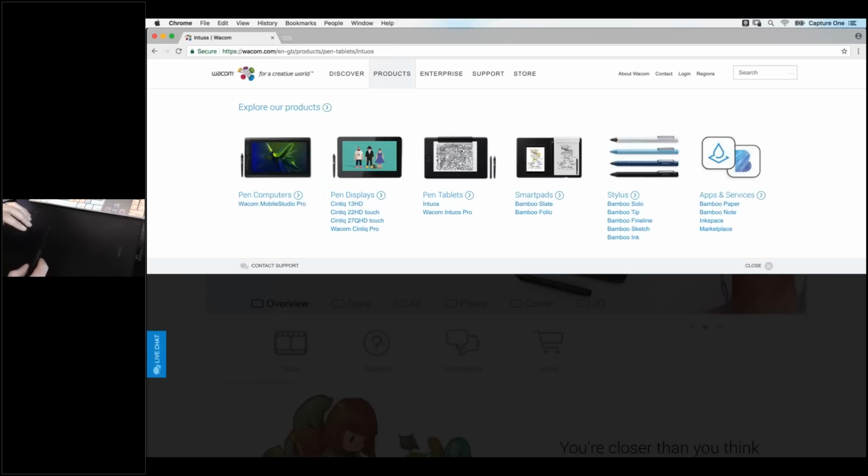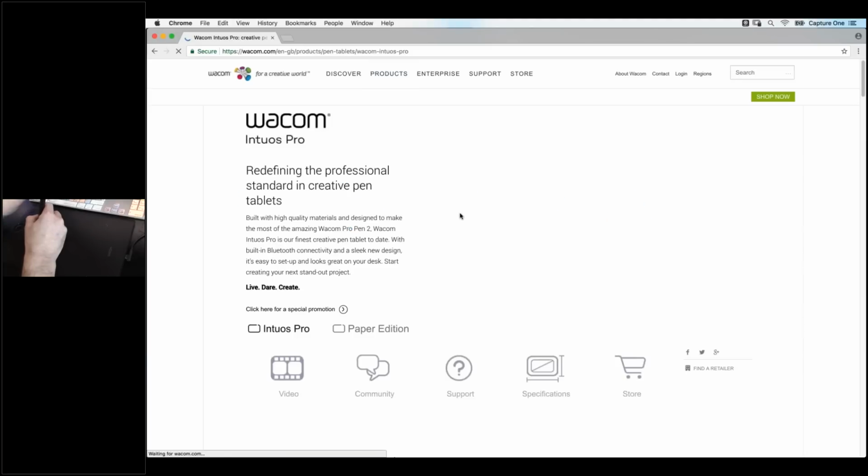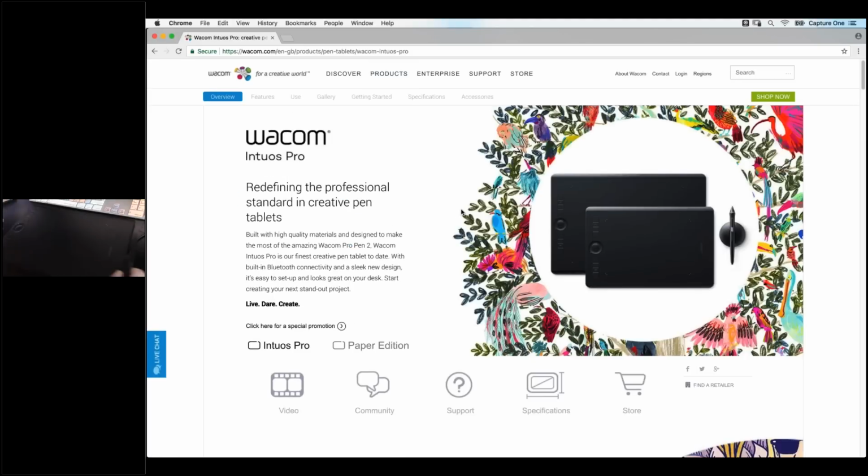But I think Wacom gives you a pretty good range of products to choose from, from very high-end stuff to more affordable stuff. What you're looking at here, I know it's hard to see as it's matte black on a black desk, so we just catch a bit of light there, is a Wacom Intuos Pro. If we bring up the Intuos Pro website, it comes in 2 sizes, medium and large. This is the smaller of the sizes. If I just bring up this one,